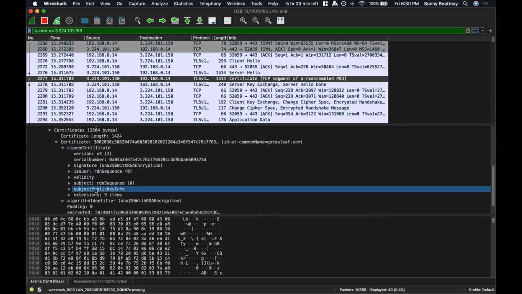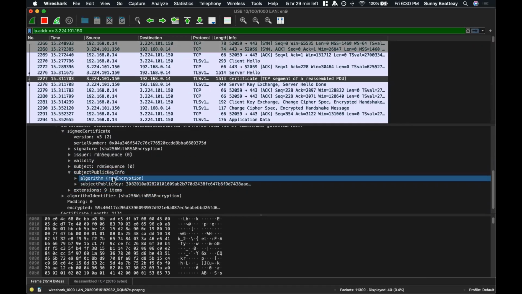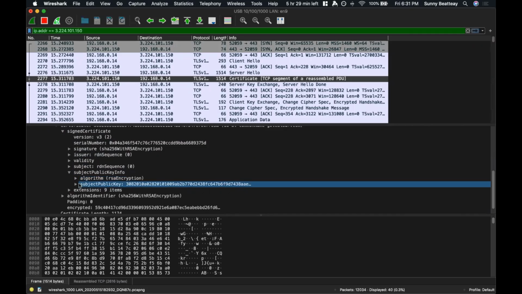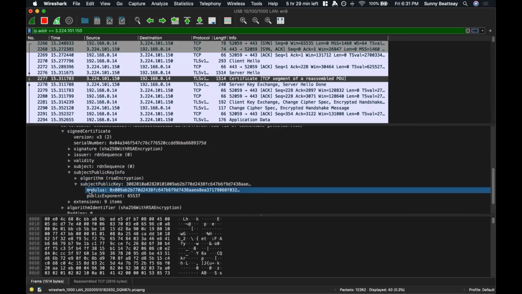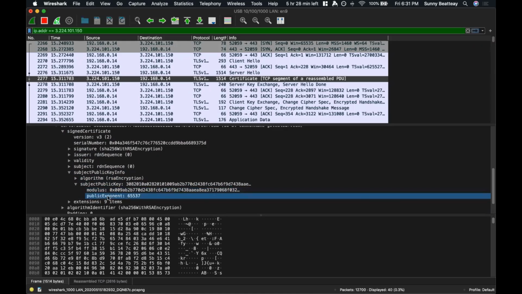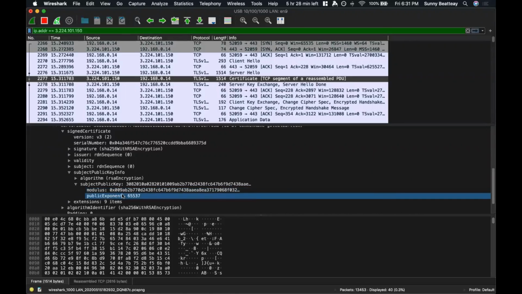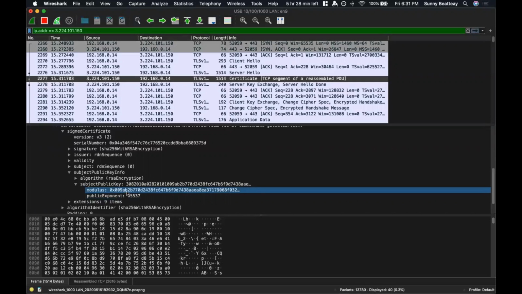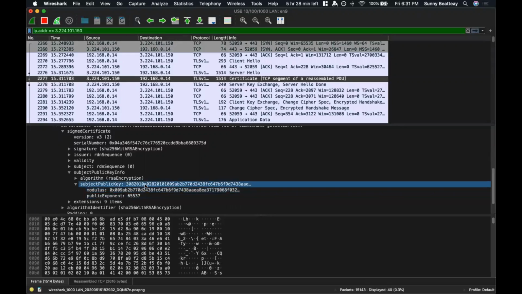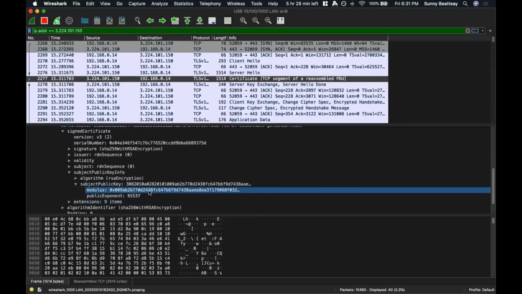As you can see right here, subject public key info. Let's click that. The algorithm for this public key is RSA encryption. That's something we know, we covered this in the presentation. The subject public key is actually very familiar to us. We have a modulus right here, N, and a public exponent, E. If we wanted to, we could actually send encrypted messages using Launch School's public key info right here. So that's proof to you that if you're using the internet and the HTTPS protocol, you're using prime numbers, because these numbers right here are made up of prime numbers.